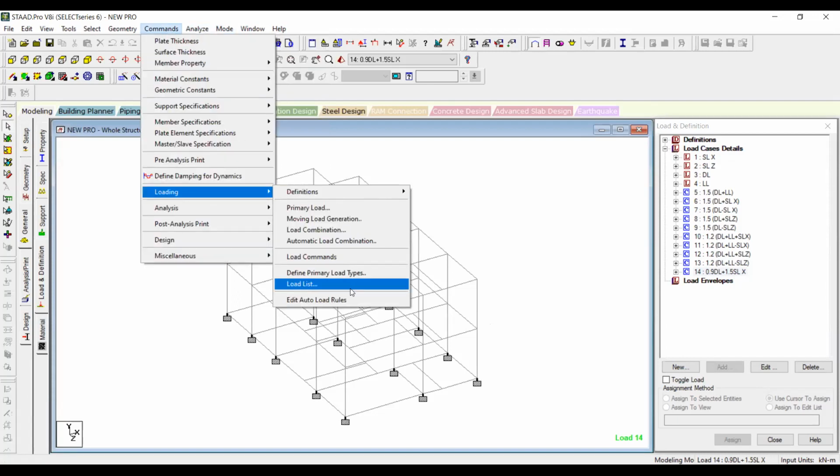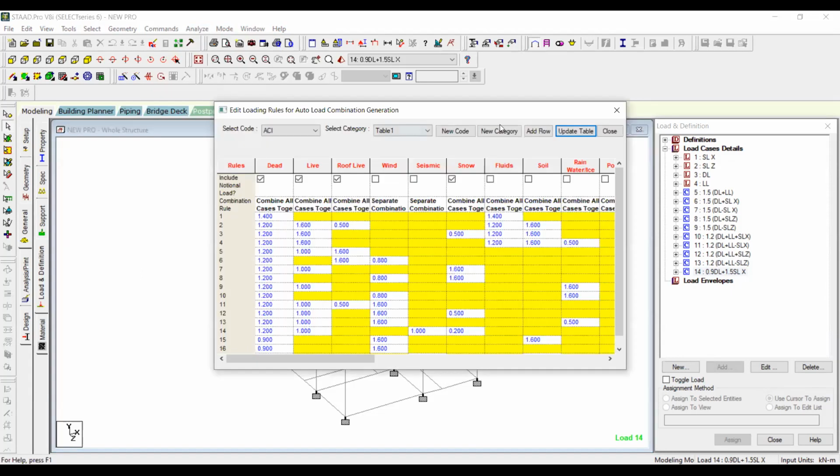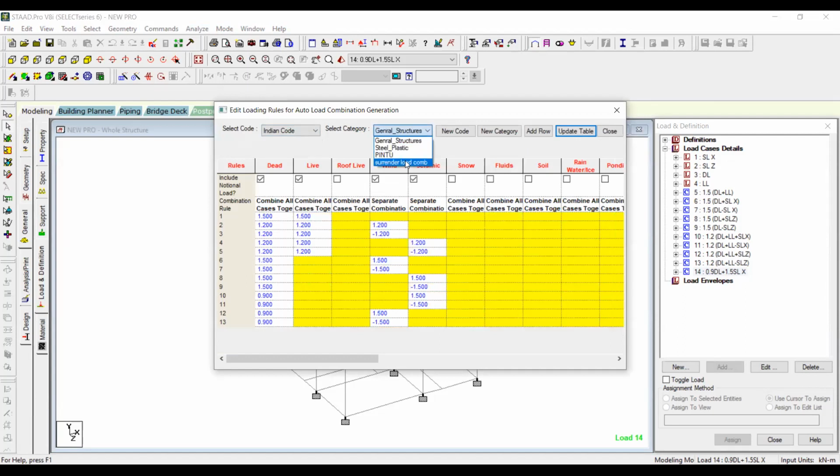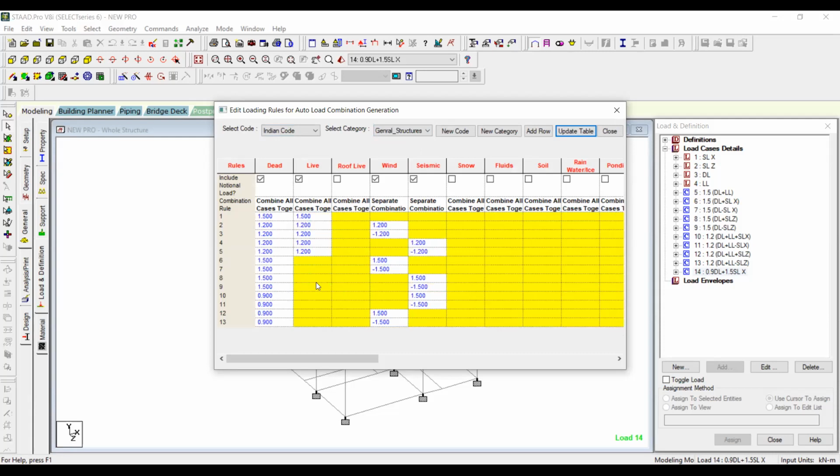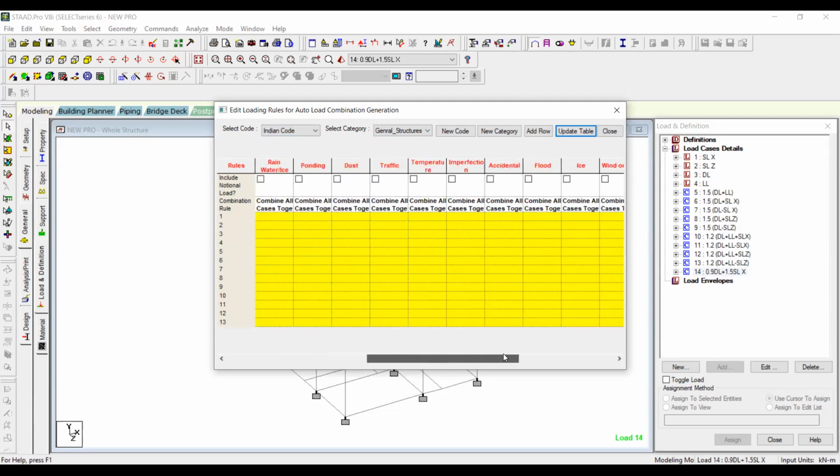But if you have asked me, the problem over here is, I will select from here Indian code and from here the load combinations. The problem is if you don't follow the method one by one, for example, I'll take a new one, general structures. What if I type here 1.5, and I switch off this wind load and switch on this seismic?